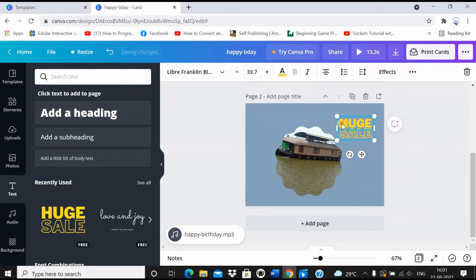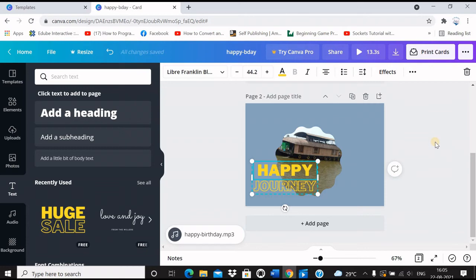Now we can change the wordings in this. I'll say happy. I'll make the letters a little smaller so that it will be contained in our box. This happy is 44. So we'll move it here. This is just for demonstration.